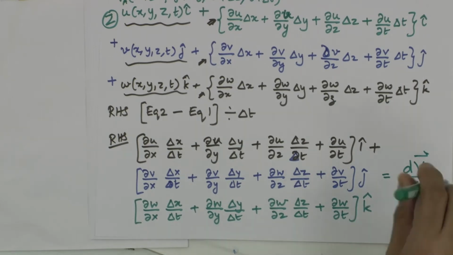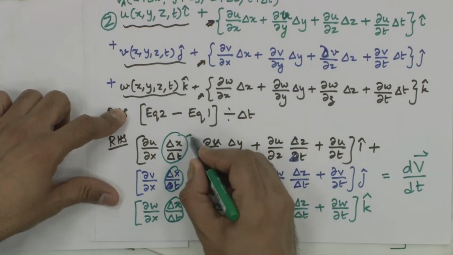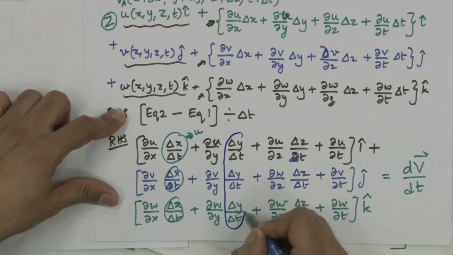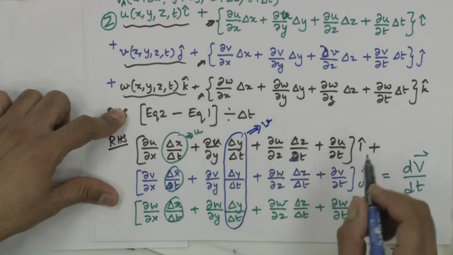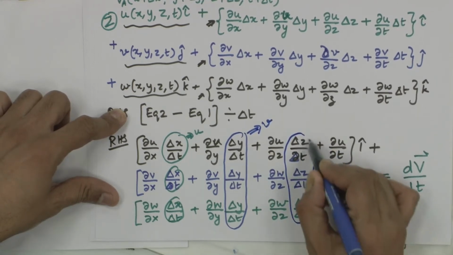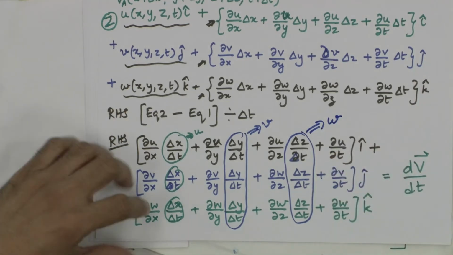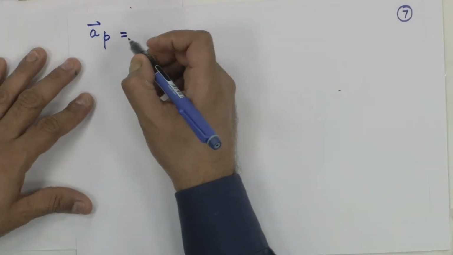Okay. What is this quantity? What you see here, delta x by delta t is nothing but the x component of the velocity. This quantity that you see here is the y component of the velocity. This component, this thing that you see here is nothing but the z component of the velocity. Therefore, I have dv by dt is nothing but acceleration of the particle is given by